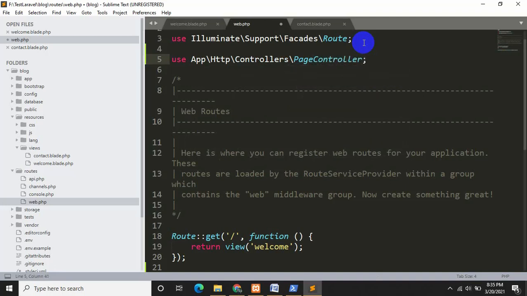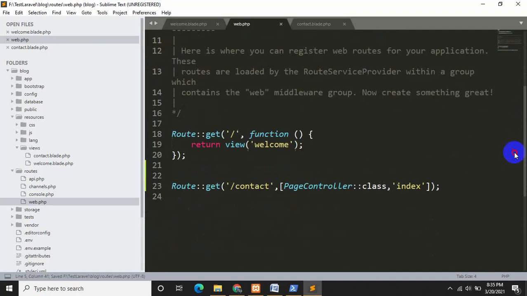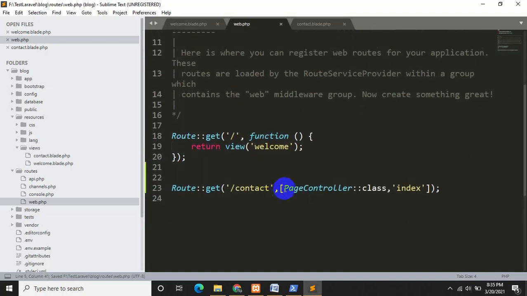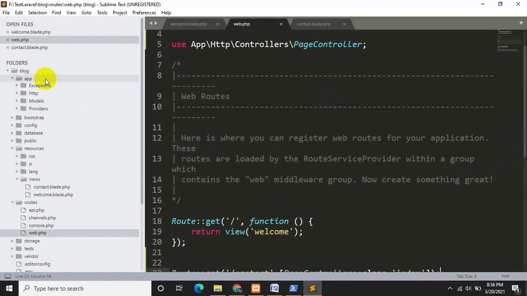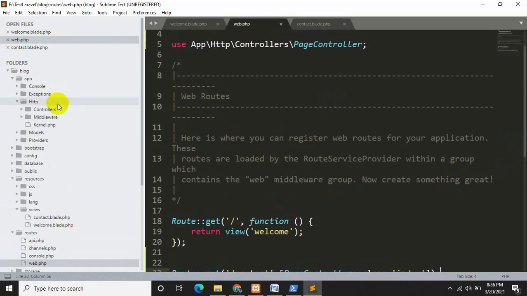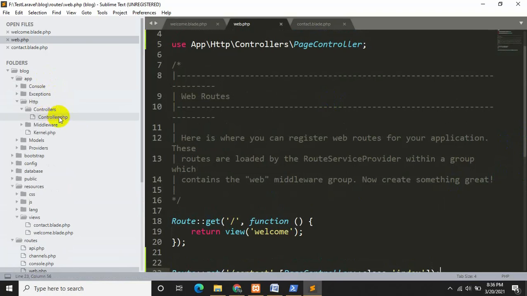Okay, so let's save it. Now we don't have this page controller. Now where we can find our controller? If we go inside app, then http, then controllers, you will see controller.php, which I just write over here, app http controllers page controllers, right? But we don't have any page controller over here, so we need to create this page controller.